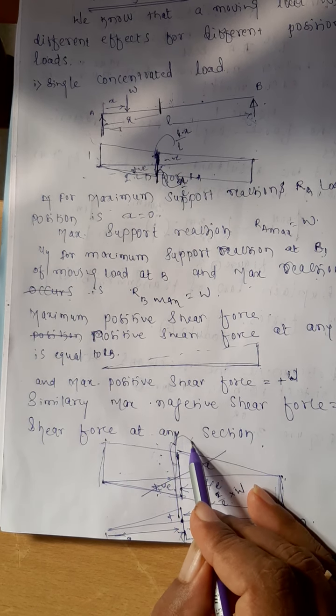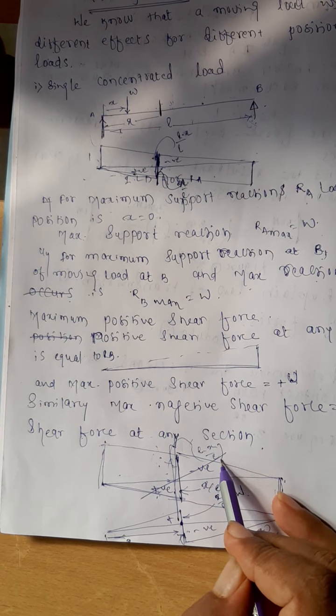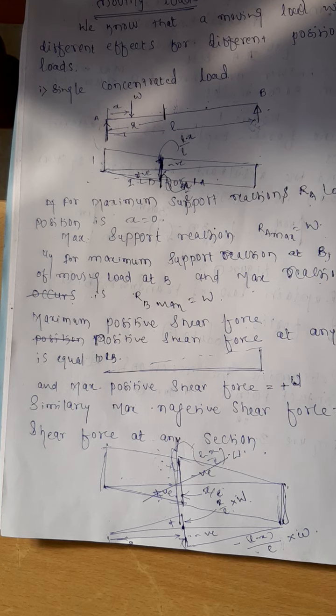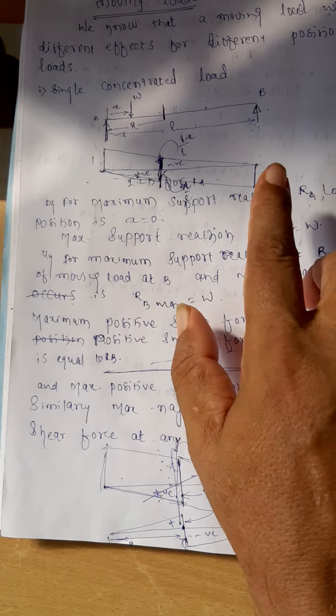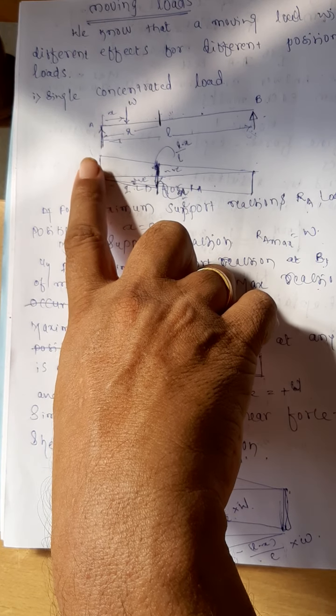And the maximum negative shear force is here what? L minus x divided by L into W. It's alright. Negative, positive, it is based on our sign convention. As usual, I am taking the shear force on the left part, if it moves upwards, I am taking it as positive, as you have studied in the SF and BM diagrams in the earlier class. The same sign convention if we are adopting, the shear force due to RB will be positive and shear force due to RA will be negative.